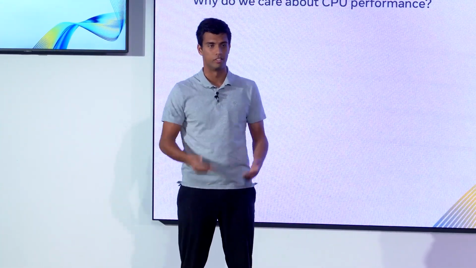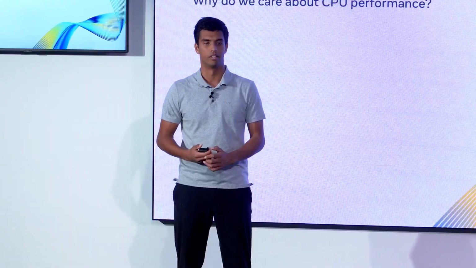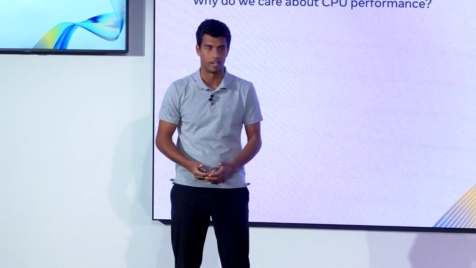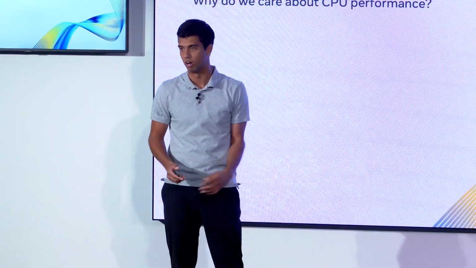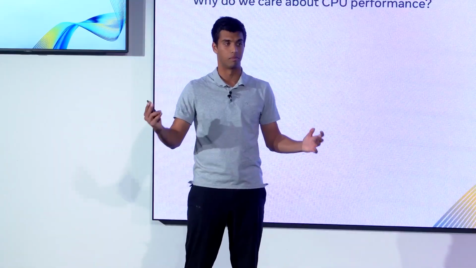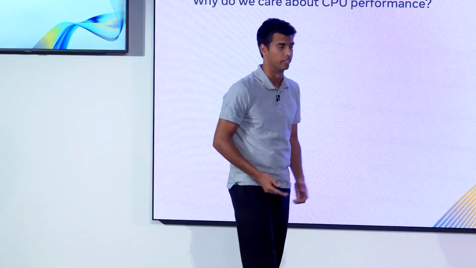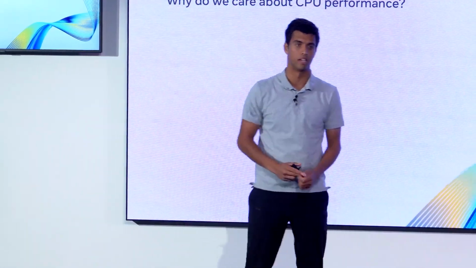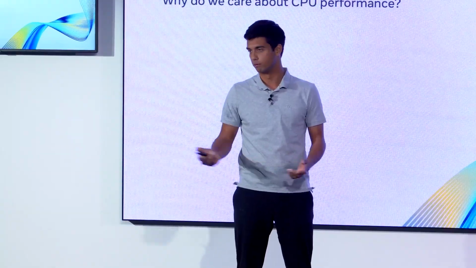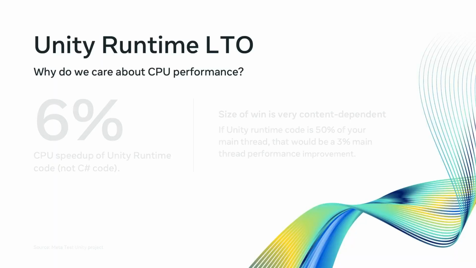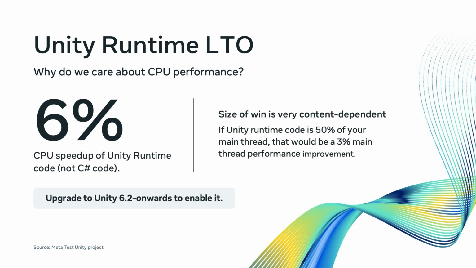Often, I'm sure a lot of you devs have been in a scenario where you're at like 8 concurrent players, some number like that, and you're trying to up that to 9, 10, 11, 12, and the bottleneck you see is maybe the Unity main thread or Unreal Engine game thread, preventing that number from going even higher. So we decided to apply an industry standard technique known as link time optimization, which